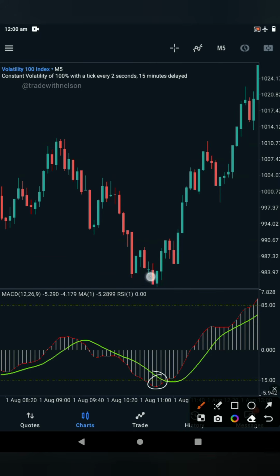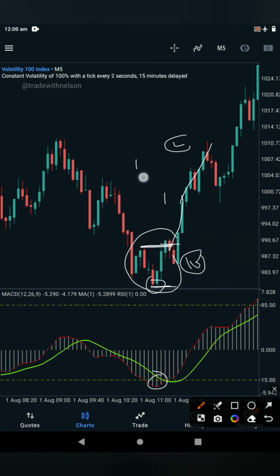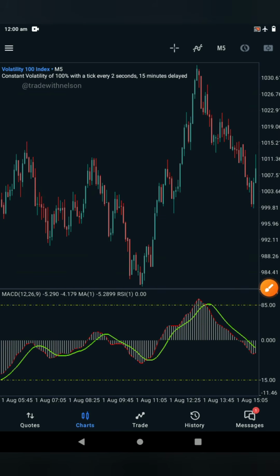So once you have this low, then you want to wait for market to close above this high. Then you can enter your buy. Your stop loss will be below here. Then you target ×1 or ×2 of your entry. So if you risk $50 on this, you make $100, depending on your risk management and how much you risk